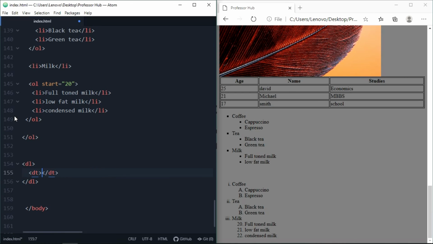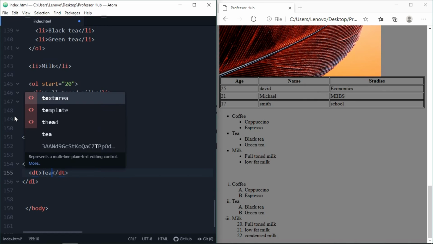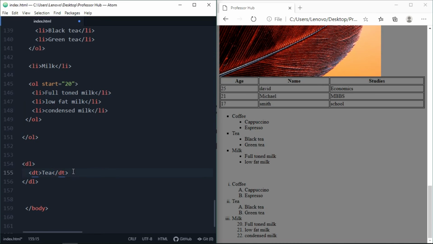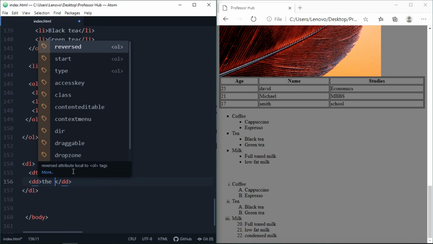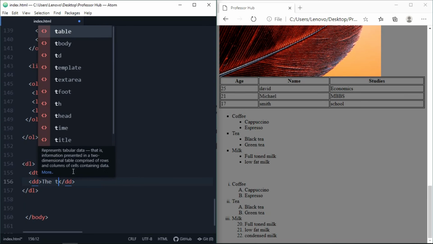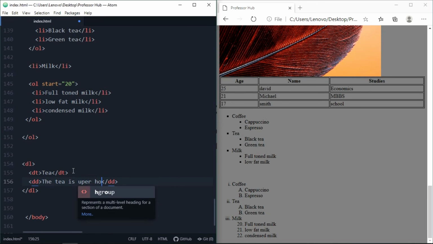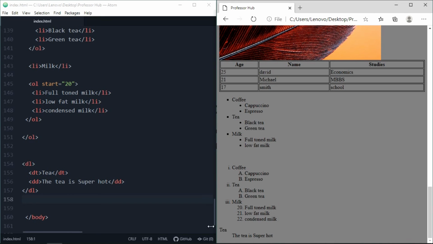Below that, we're gonna use a different tag. So let's add tea to DT. Hit enter and let's use another tag which is DD, which is the description. And let's write some text here. Make sure the first word is capital. Yeah, we are not in junior classes, right? The tea is super hot. Again, I'm doing this type of thing, the tea is super hot. And refresh it. Look, we got this short description for this tea. Let's make it something more interesting. Let's add a greater than arrow here.